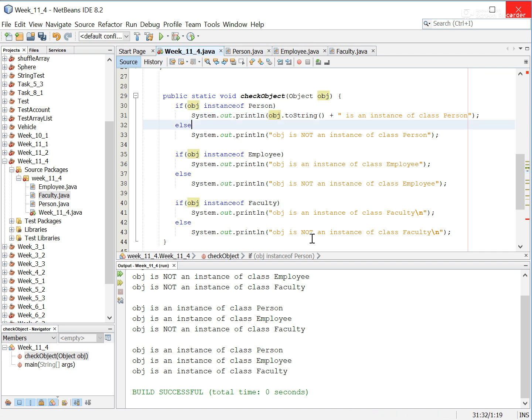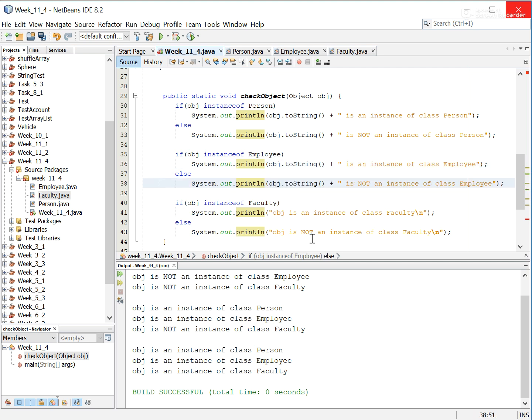And we know that this will substitute the package and class name of the object, which would make more sense. Okay. Now if we run this now,